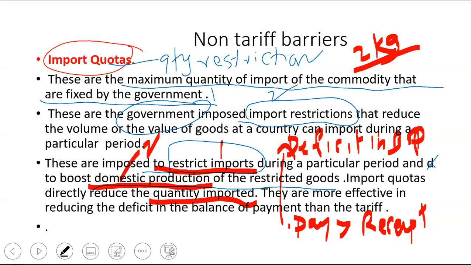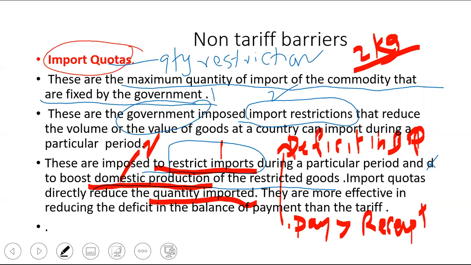All right. So what government has to do is, government has to put import control. एक बार import control आने पर quantity of import will become less. When the quantity of chocolates become less, what is the advantage? People will use domestically produced chocolate. So domestically जो production होता है उसका demand increase होगा. How it is increasing? Basically because government is restricting the import.